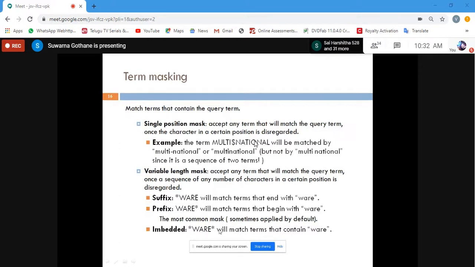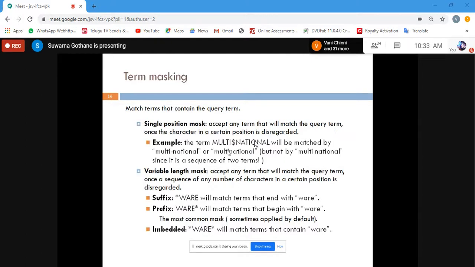So a variable length mask is going to accept any term that matches the query term once a sequence of any number of characters in a certain position is discarded. Definitely this star is indicating that anything can be possible. So in masking there are two types. One is single position mask, where only a single position is considered at the time of masking and it will produce the output.